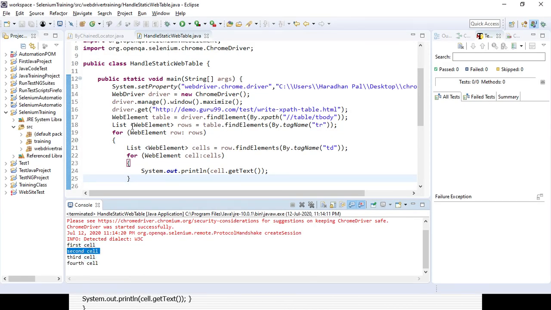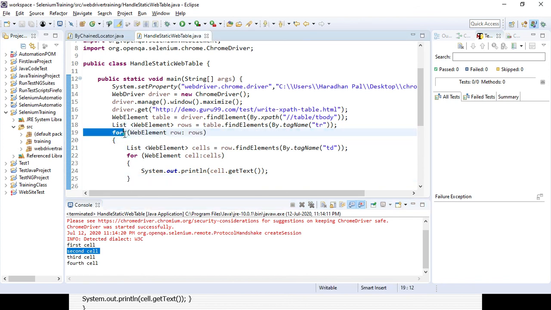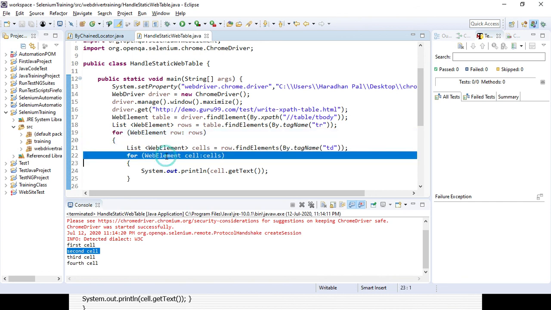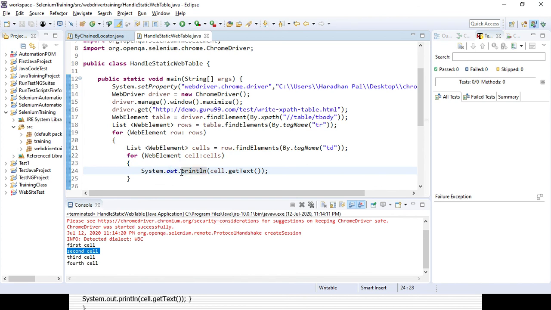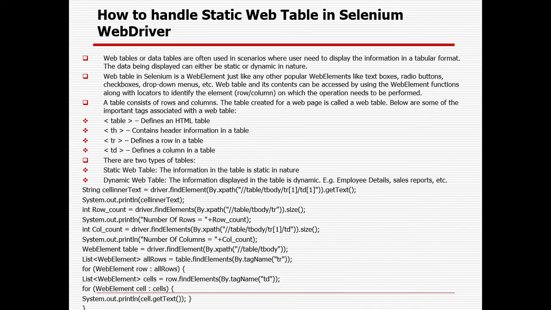Okay, because here the outer for loop is row wise, right? So obviously row 1 will be there, then column 1, and for row 1 again it will be column 2. Okay, that's the reason for the second cell. And the inner loop is column wise or cell wise. Okay, so that's why you can display all the table's values including the header if it's available. Okay, so here I already mentioned the tag name will be table, and then the header, table header or table body, tr table rows, and td is the table column.